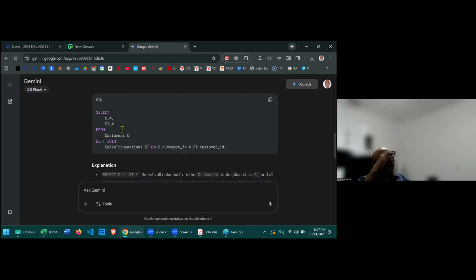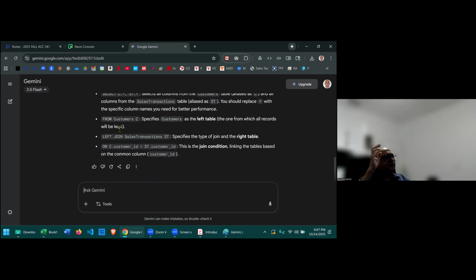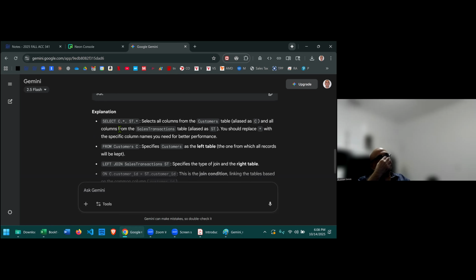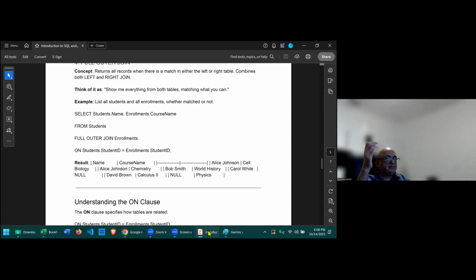So again, I'm giving you this so that when you have to deal with it, I want you to rely on AI, and this is free that I'm using, a very basic model. You don't need anything more complicated. All of these AI systems, even the very basic ones, are very capable of generating SQL statements for you. So coming back here,